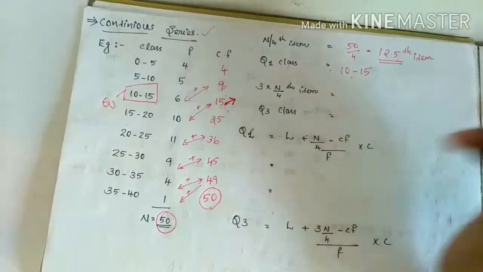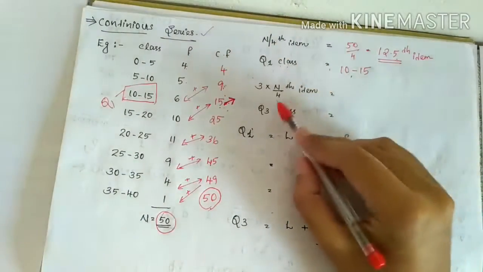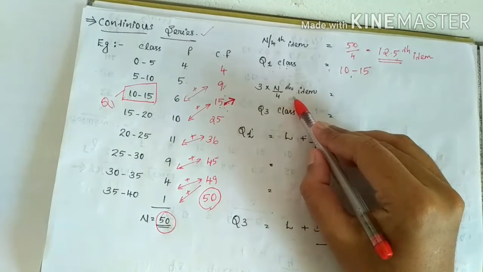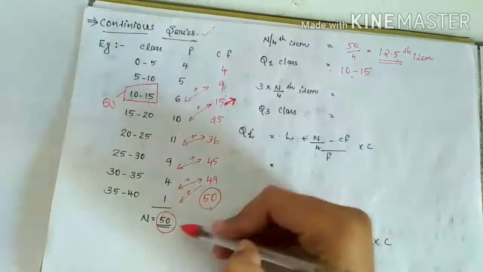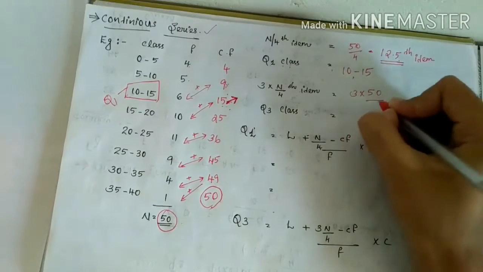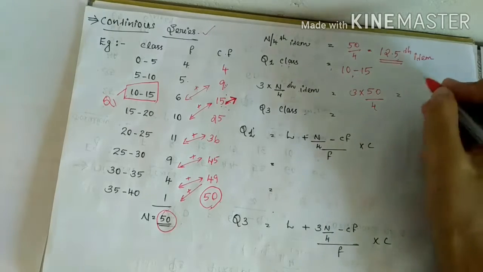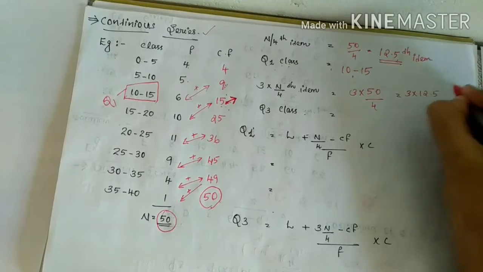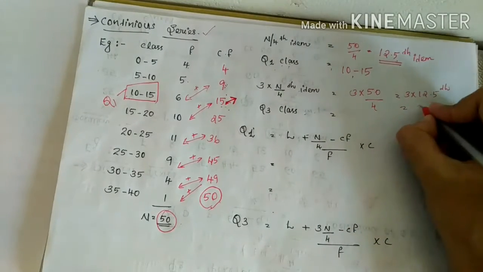Q1 class. After finding the Q1 class, the next one is to find the Q3 class using this equation: 3 into n plus 1, 3 into n by 4th item. So here n is 50, that is 3 into 50 divided by 4th item, that is 3 into 12.5th item. Which one is the 3 into 12.5th item? That is